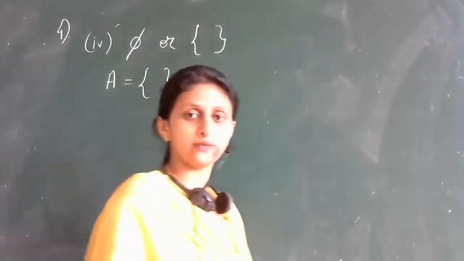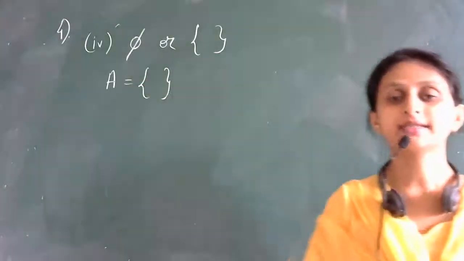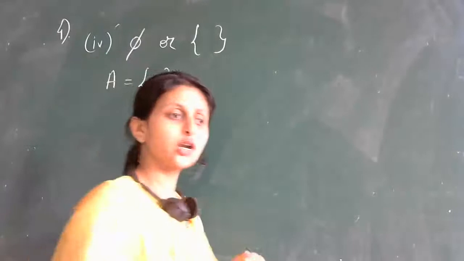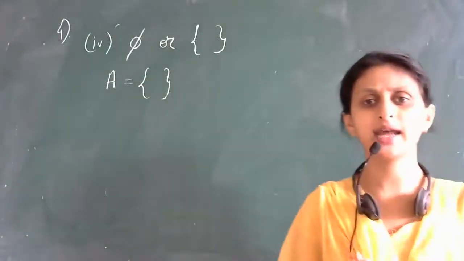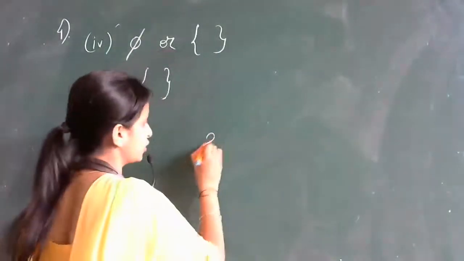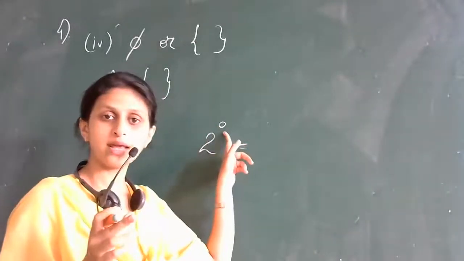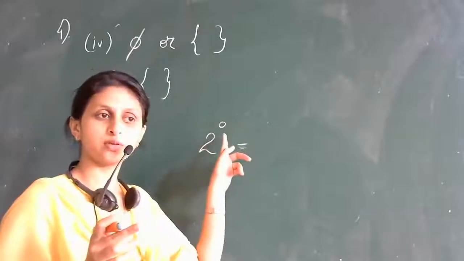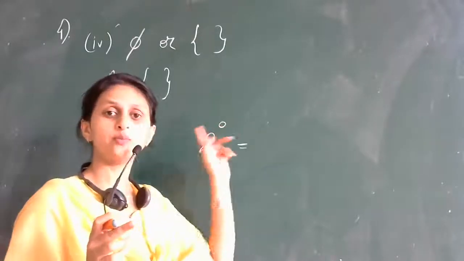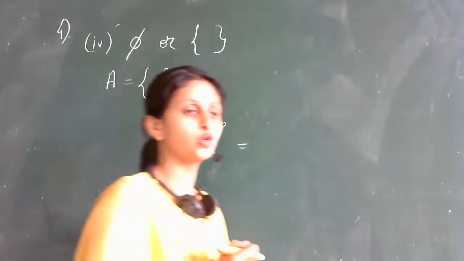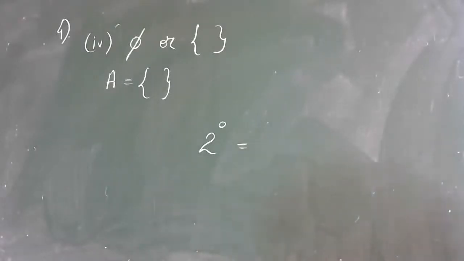As we all know, the definition of an empty set is a set which does not contain any elements. So there are 0 elements, you can say, right? If it has 0 elements, what is the total number of possible subsets an empty set can have? Of course, by the formula, 2 to the power 0. Why 0? Because the empty set doesn't have any elements, so you take it as 0. So it has 2 to the power 0 possible subsets. What is the value of 2 to the power 0?